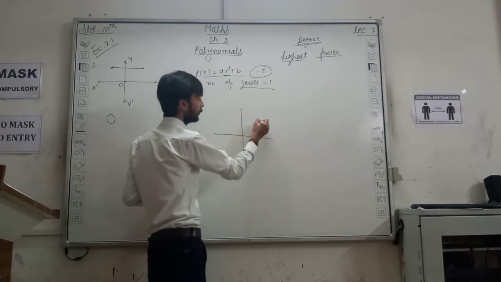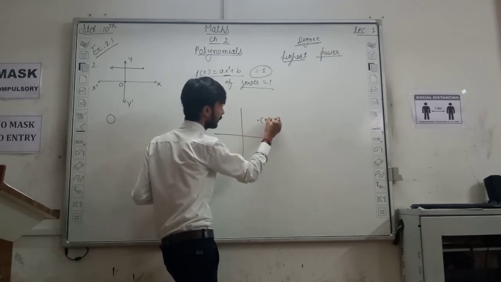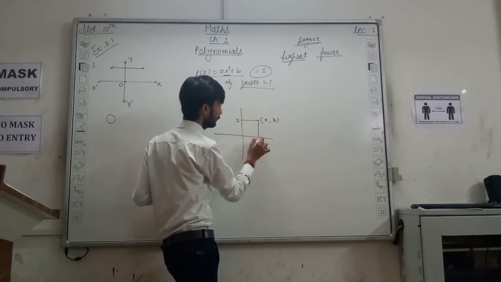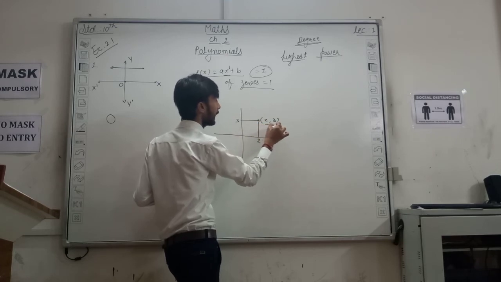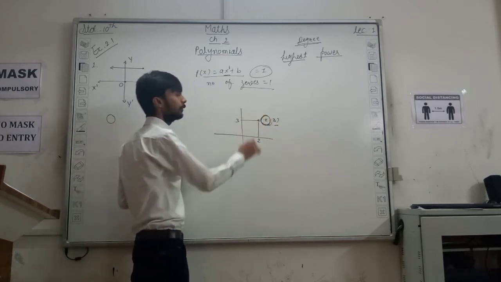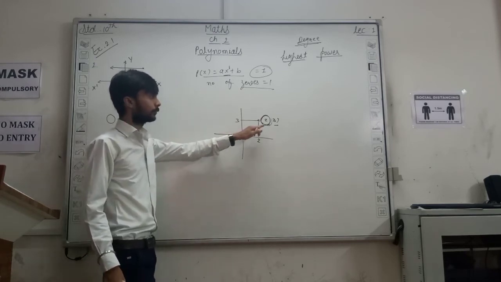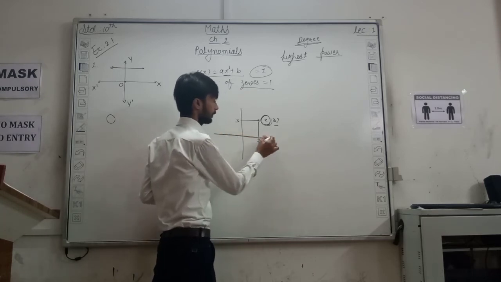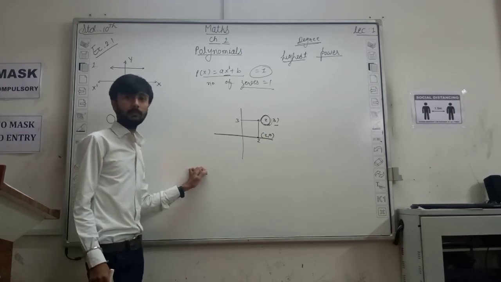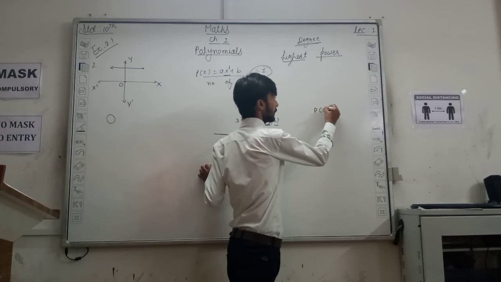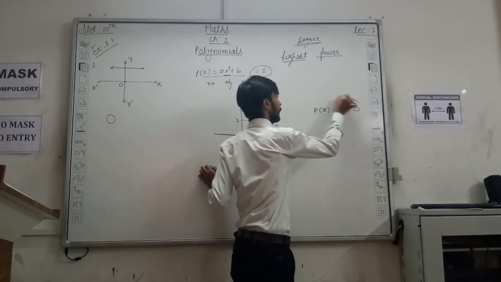सपोज यू हैव एनी पॉइंट 2, 3 here, 2 and 3, so value of x is 2 and y is 3, so we can't say that there is no value for x. Yes, 2 is x, but not 2, 0, right? हमें यहाँ पे p of x equals to y equals to 0.